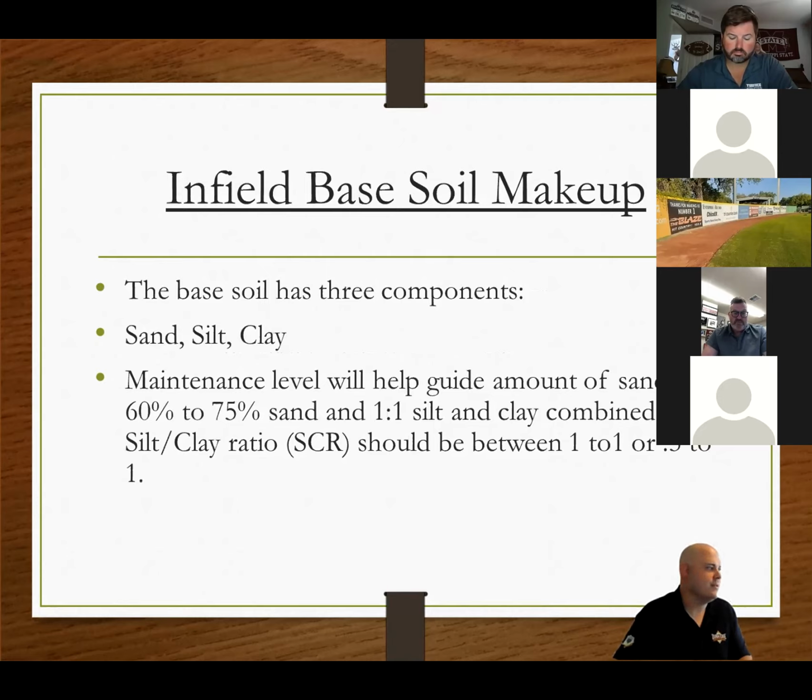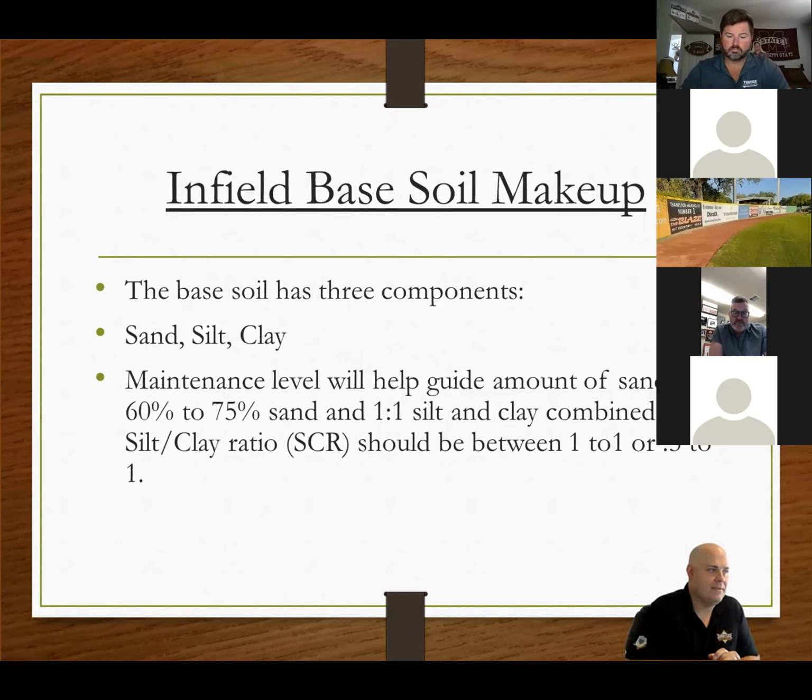Questions? We're going to jump into what an infield skin is made up of. We're going to jump into particle sizing, and we're going to get into the science a little bit more in greater depth. So hopefully nobody's falling asleep. Some of us love this soil stuff, but it can become monotonous. All right. I don't see any hands. All right.